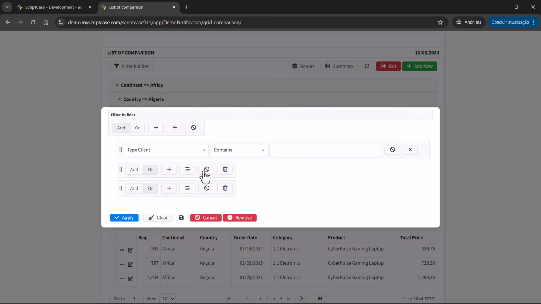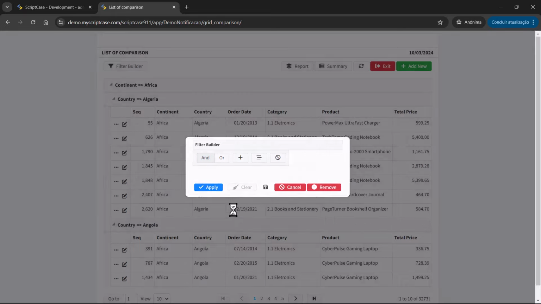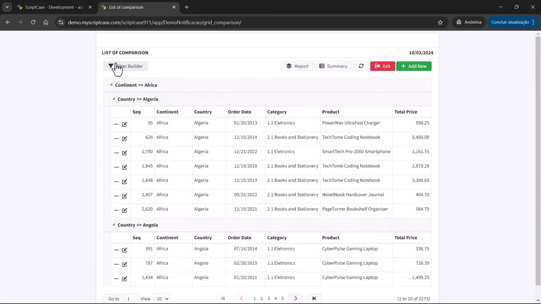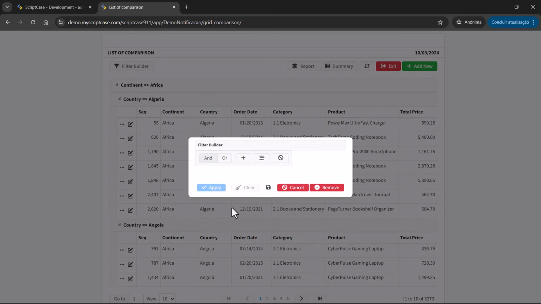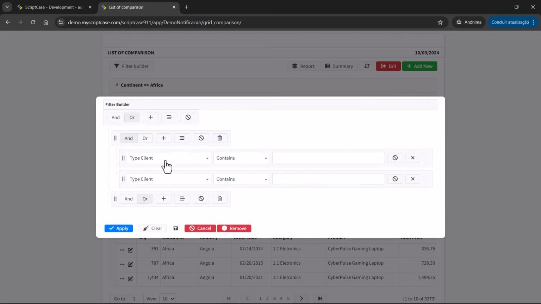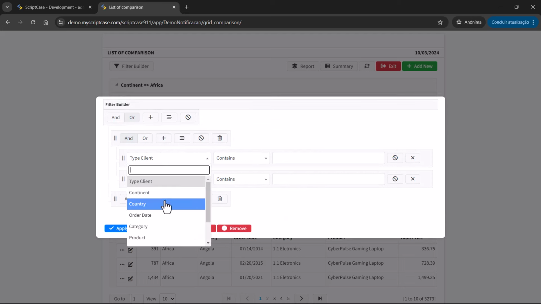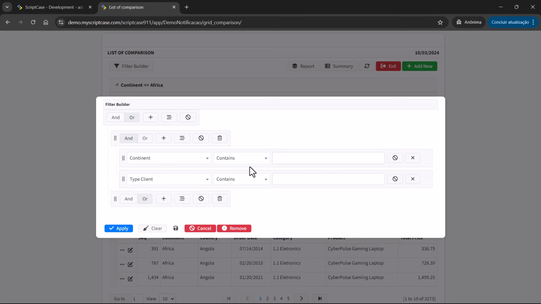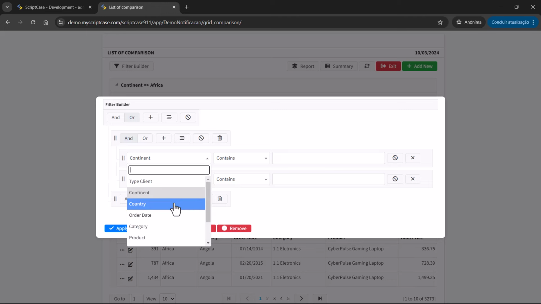Okay, so here let me clear and then build again. Let's choose one scenario with or, and I will add two nested conditions. The first one will be an and, and we are going to add two fields. The first field will be, for example, continent, or we can choose country as well.